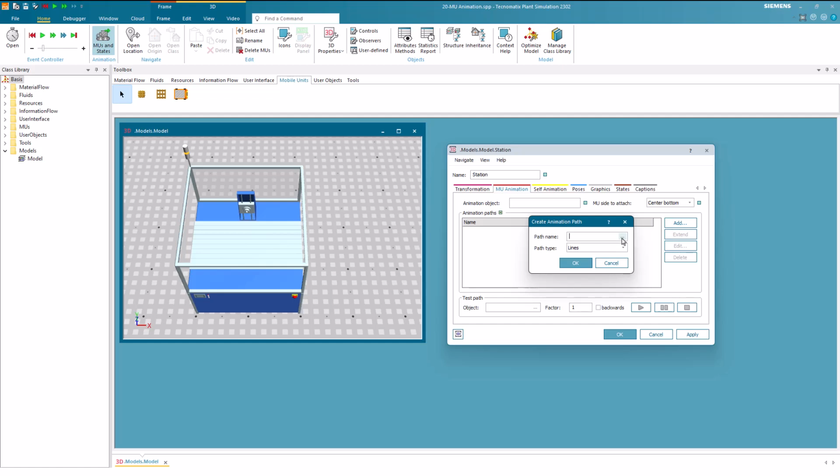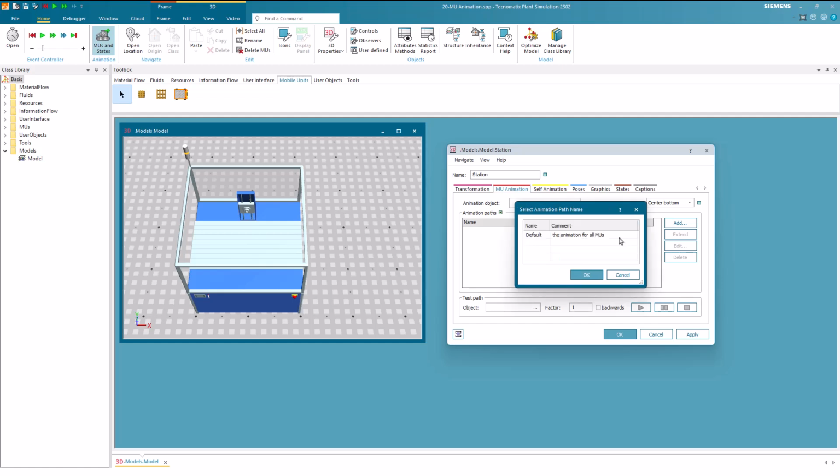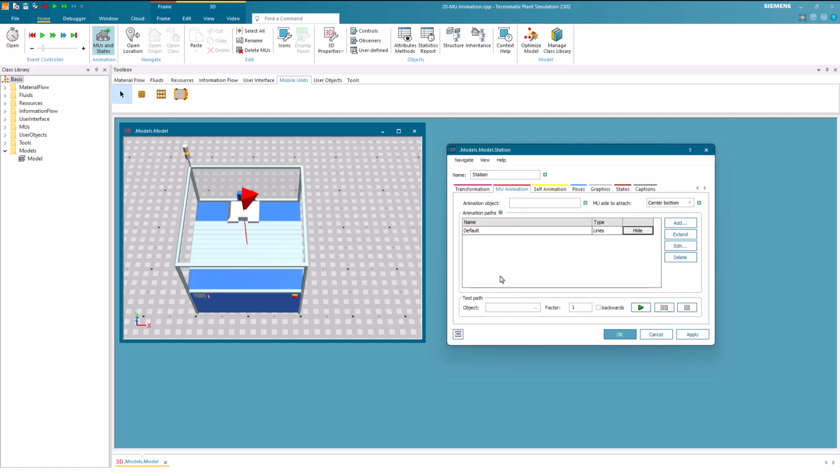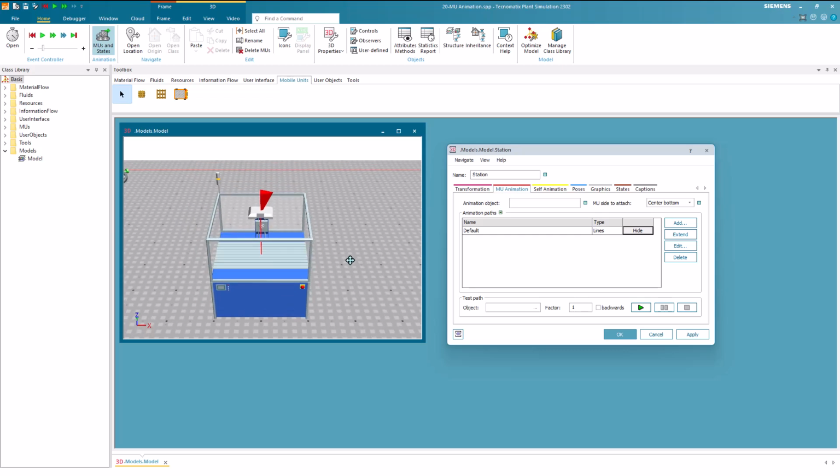Instead, you can simply click on the three dots. These three dots are only visible when the default animation path has not already been created. In the dialog, you can then select the default. Upon revealing the animation path again, you might notice that it is positioned too high. This occurs because the animation path is generated at the center of the upper area of the bounding box, leading to the observed behavior.